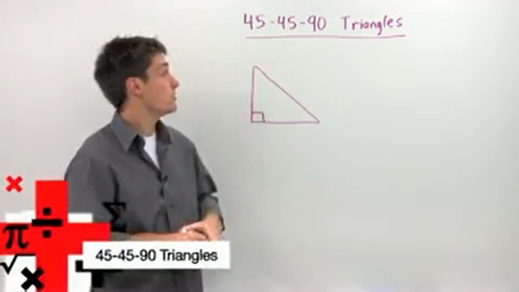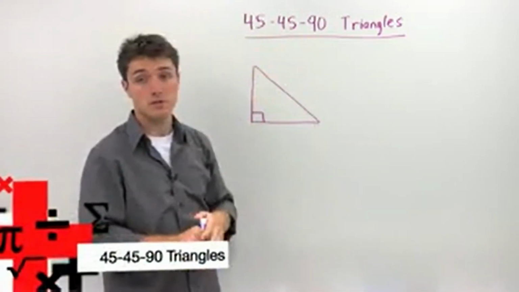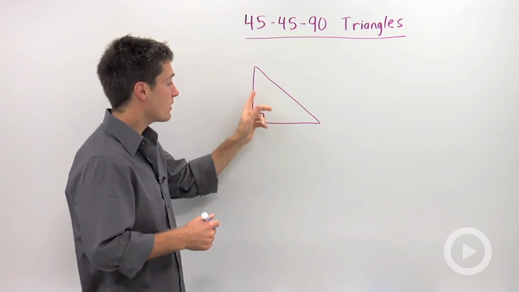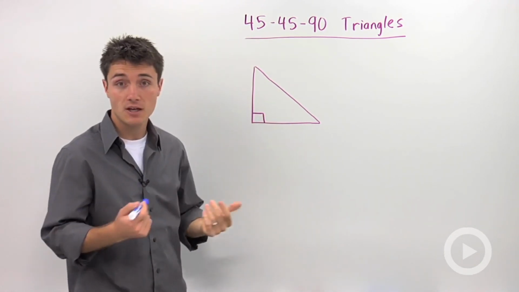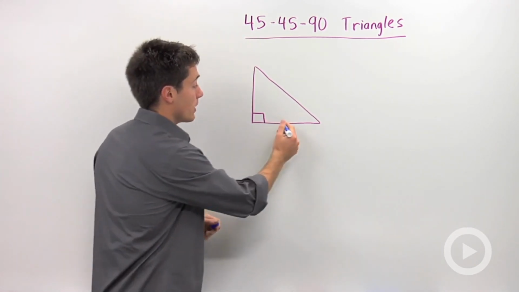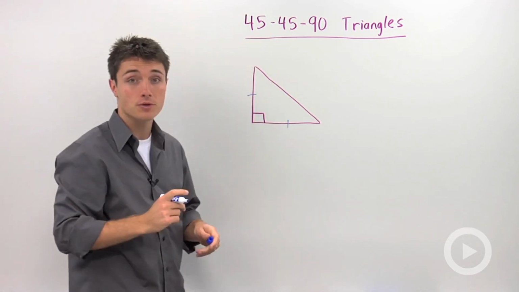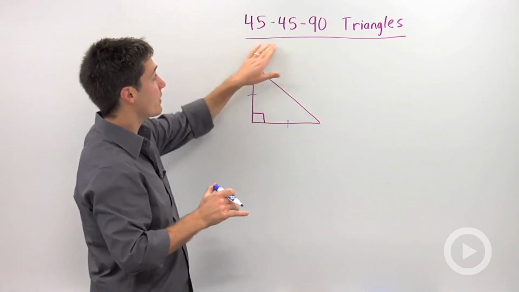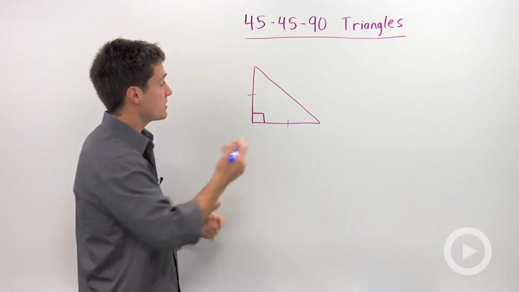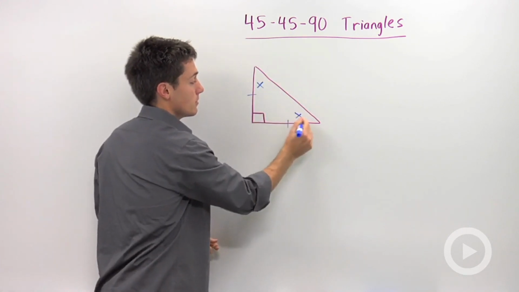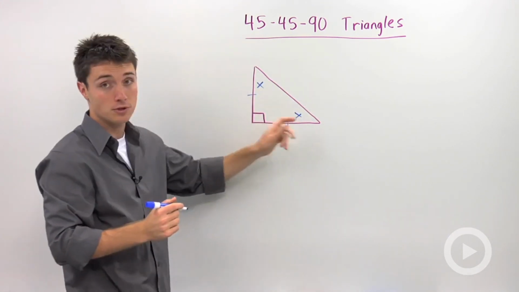Something special in geometry is the 45-45-90 triangle. Well, a 45-45-90 triangle is an isosceles right triangle, where these two legs are congruent to each other. The reason why it's 45-45-90 is because we know that these two angles are congruent to each other because